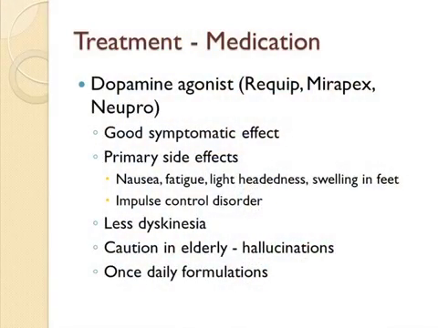I'd list some other side effects here, but I'm going to move on because we got it. Dopamine agonist is a big category of medications. Like I said, Requip, Mirapex, and Neupro are the main dopamine agonists. Neupro is different than Requip and Mirapex because it's a patch as opposed to a pill. What's nice about that is it gets smoothly into the system and stays there continuously as opposed to having to be absorbed and then processed out of the system. But all of these medications do a very good job of controlling symptoms, but they can take a little bit of time to get up into your system. They have side effects that include